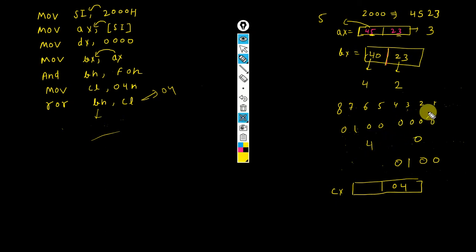When we rotate 4 times, this 0 comes into this position, and this 0 comes into this position. After the ROR operation, the content of BH is 04.